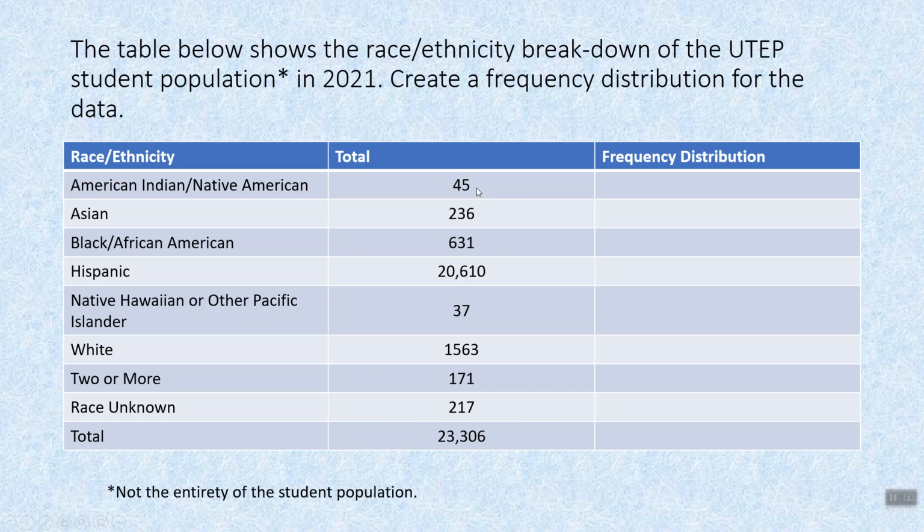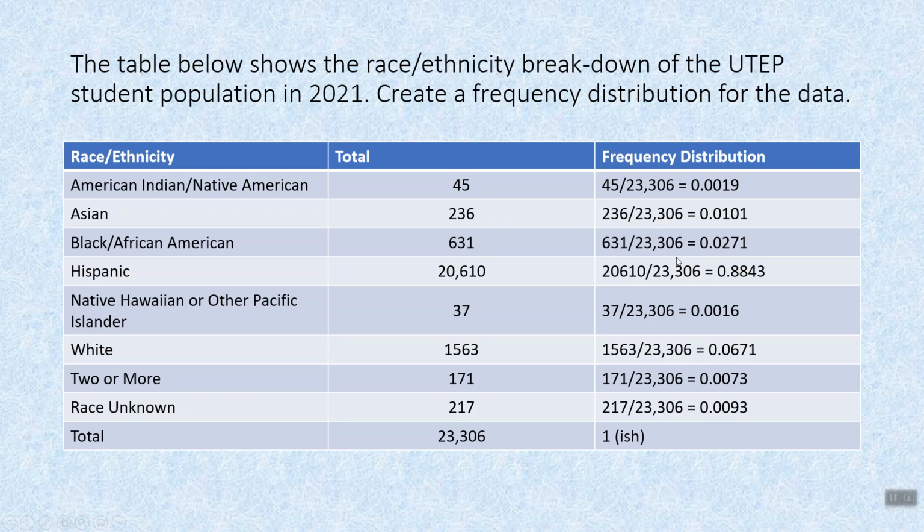23,306. So we form the fraction 45 divided by 23,306. For Asian, 236 divided by 23,306. And we can fill all of these in the exact same way. I like taking my decimals to 4 decimal places routinely. If I'm doing homework, I pay attention to what the question asked me for. But I'll frequently go to 4 decimal places, and notice how each of these is pretty tiny, except for 88% Hispanic,